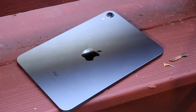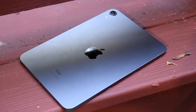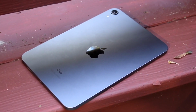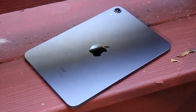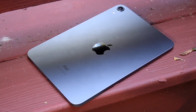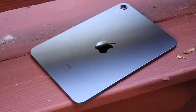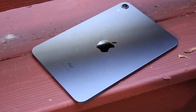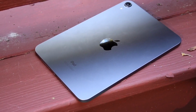Now with the iPad 10, we are getting a 10.9-inch Liquid Retina display. This is obviously a much bigger panel than the iPad mini 6. You're also getting True Tone on that panel, which looks and feels so amazing. And honestly, I will say the iPad 10 has a really good display. I don't know if one is way better than the other one. I think they're very similar in terms of the way you look at them. There's no ProMotion or anything. The iPad Pros still have better displays than both of these,